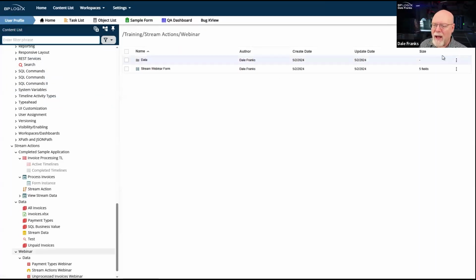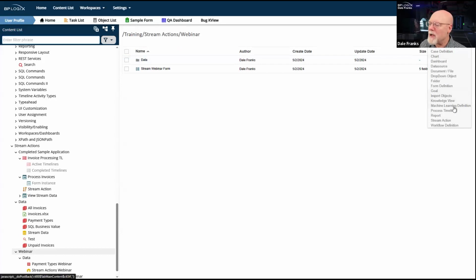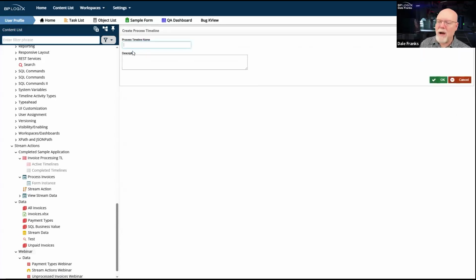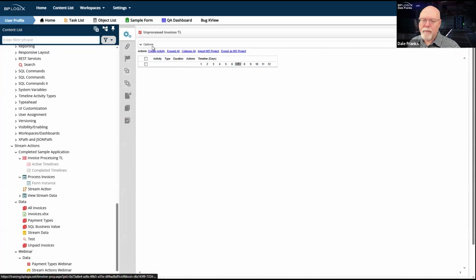I'm good with that. I will need a process timeline. So let's create a new process timeline. And we will call it unprocessed invoices TL. And before I do anything here, I want to link my form and my process timeline.